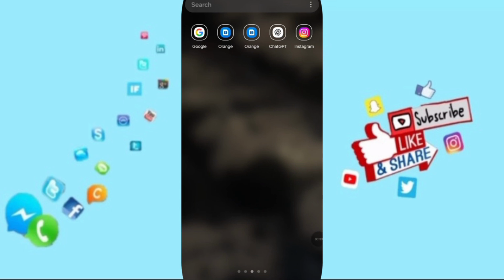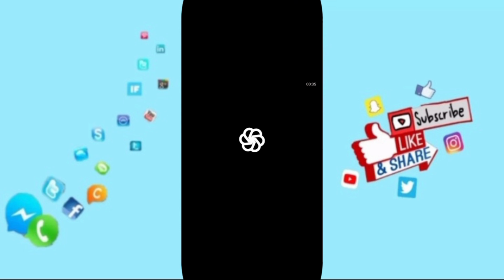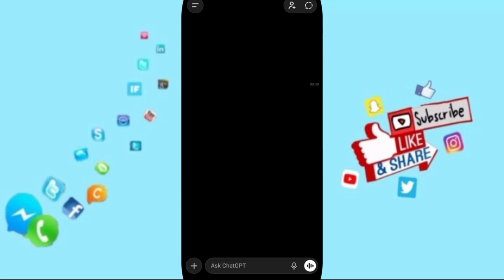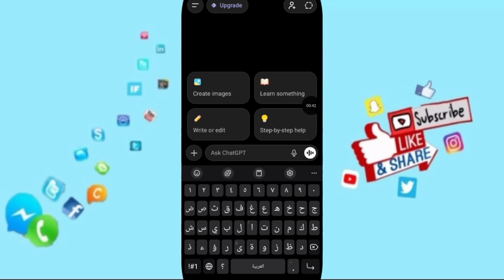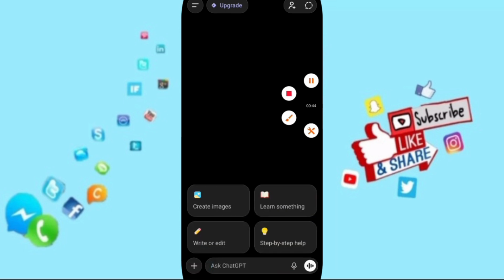So first we will go to ChatGPT. As you see in this window, you'll find this first page like this, this first page of create images, learn something, write or edit, step by step help. So to create your images, of course you will go to this window of create images as you see, and